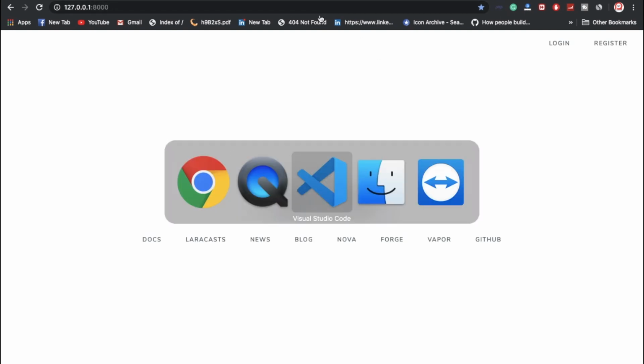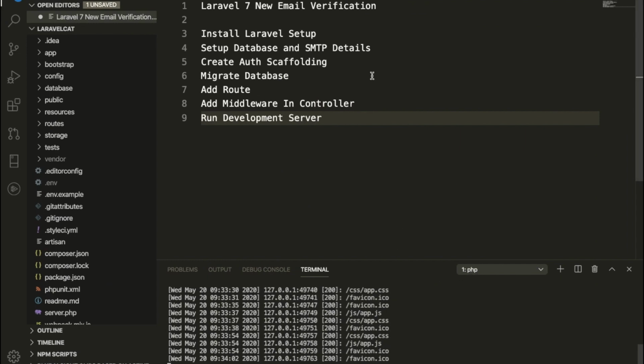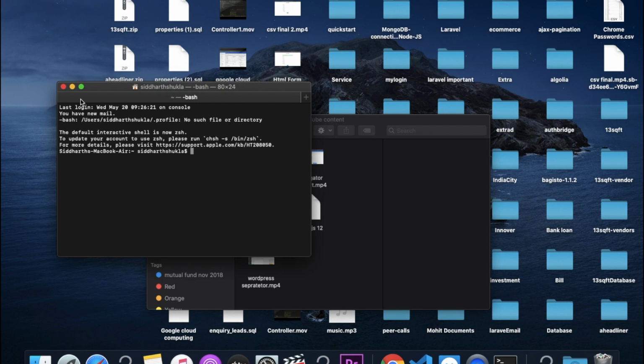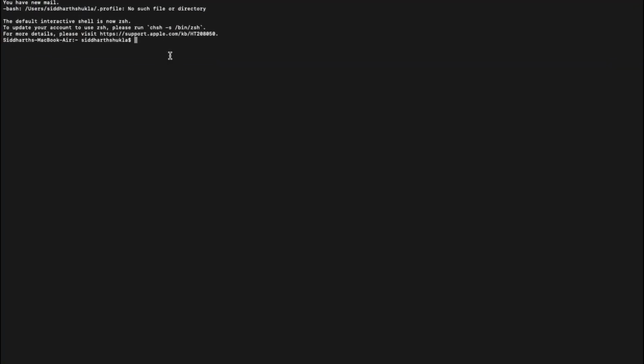So now I'm going to show you how to create everything step by step. Suppose these are the steps we need to follow. Okay, first of all I am going to clear my screen. I'm going to zoom this one. Again I'm going to type clear. Now I hope this is visible for you.